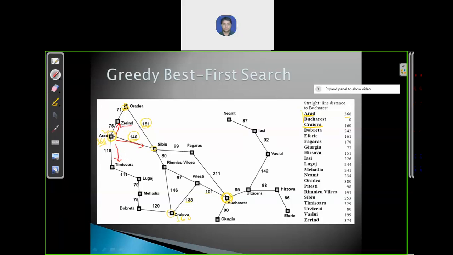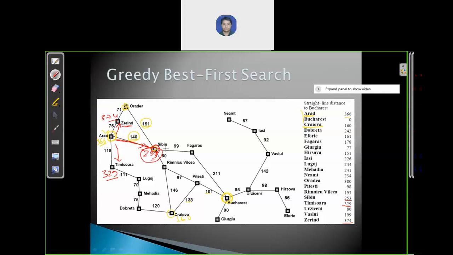As you can see, to reach this city it will take cost 374. If we follow this path, it is 253, and if we follow this path, it will take 329. So the number which is less, we will follow that path. We have three numbers, and this number is less, so we will follow this path. Now we have reached this city.